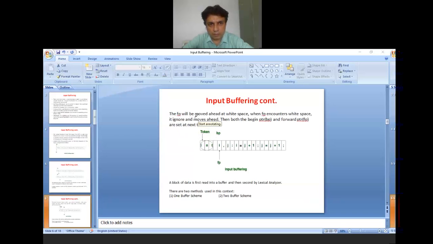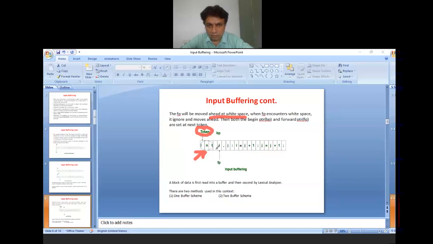Here you can see the forward pointer is moved ahead of the blank space. Whatever lexeme has been encountered is treated as the token. So int has been considered as a token.